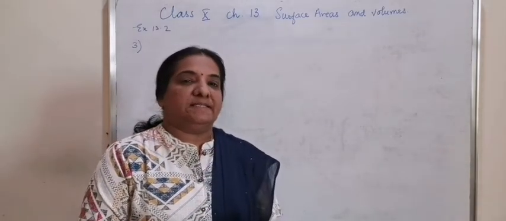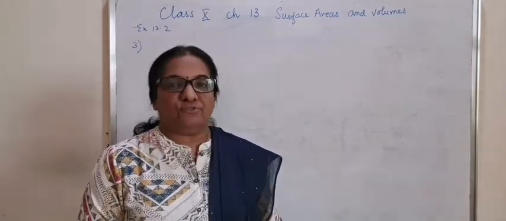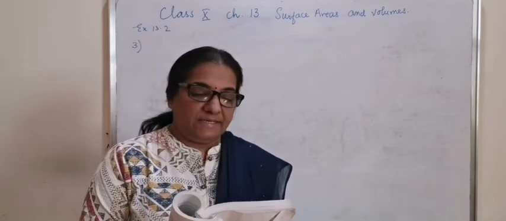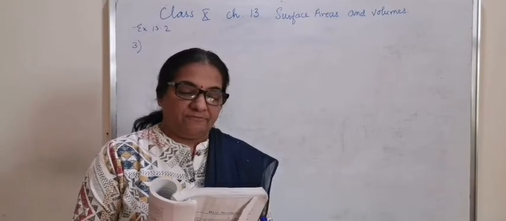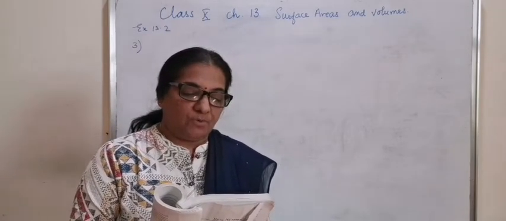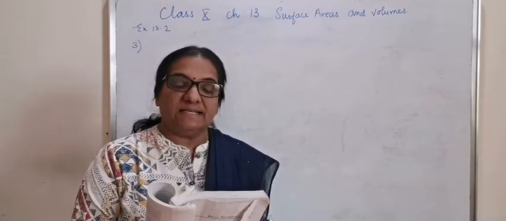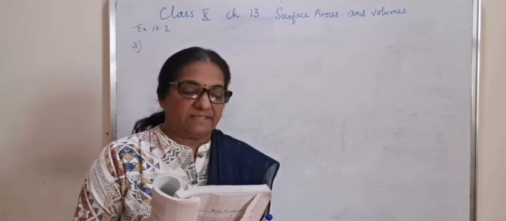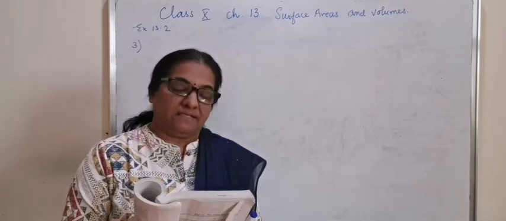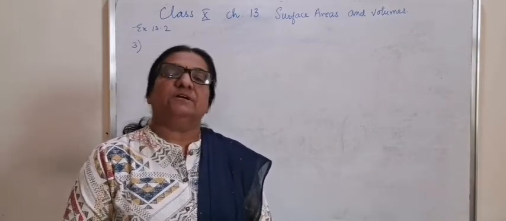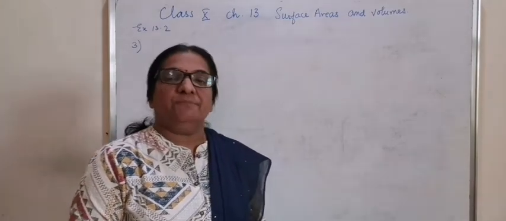Let's move on to exercise 13.2, question number 3 based on volume of solids. A gulab jamun contains sugar syrup up to about 30% of its volume. Find approximately how much syrup would be found in 45 gulab jamuns, each shaped like a cylinder with two hemispherical ends with length 5 cm and diameter 2.8 cm. Mark this question as an important 4-mark question. Even with the same numericals, it can be asked for the exam.